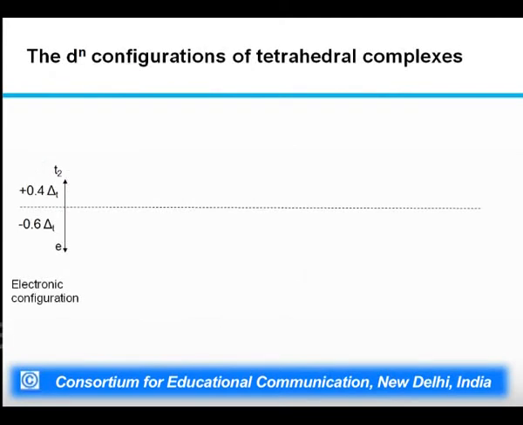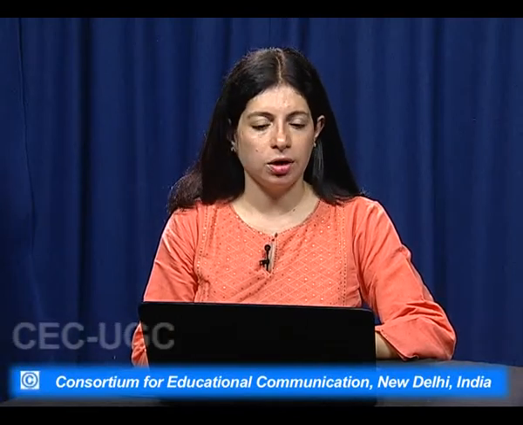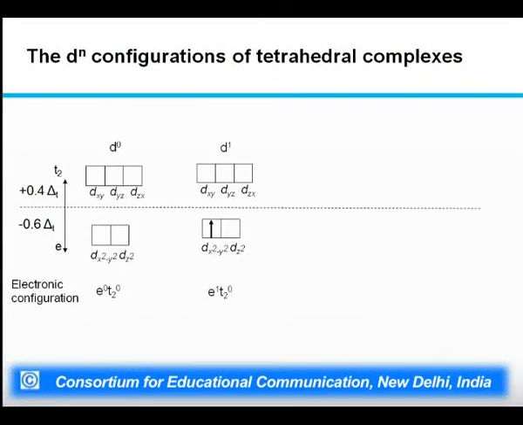So, now we come to how to fill up the d orbitals of a metal in a tetrahedral environment. Since all the complexes are high spin, first all the orbitals would be singly filled up, and once they have been singly filled up, the pairing of electrons would occur. So, for a d0 case, the configuration would be e0 t2^0 since there are no electrons in the d orbital. For the d1 case, the electron enters the orbital of the lowest energy. Since dx square minus y square and dz square are degenerate, it can enter any one of those orbitals, giving you a configuration of